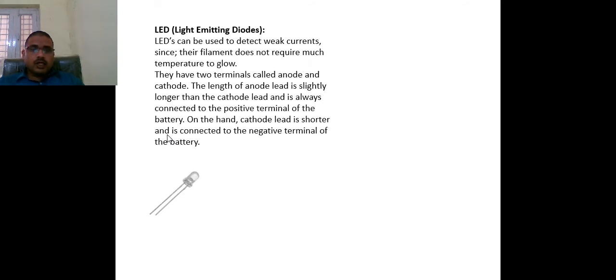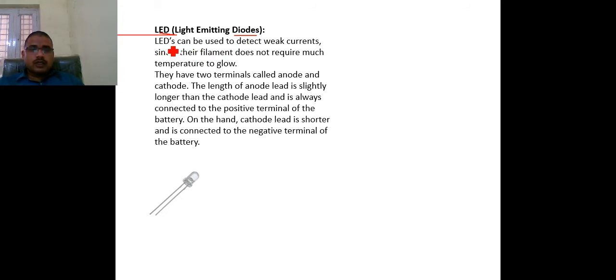Like a bulb, there is another kind of thing that is called the LED, and LED stands for L for light, E for emitting, and D for diode. There is a light emitting diode. Diode means there is a positive electrode and a negative electrode. The combination of these two, positive and negative electrodes, is basically called a diode. Diode means two, two means positive and negative.